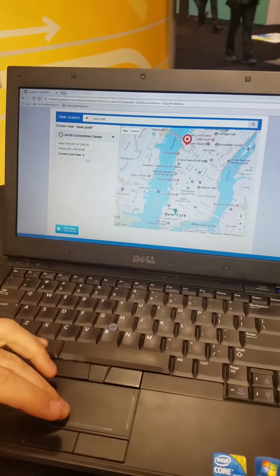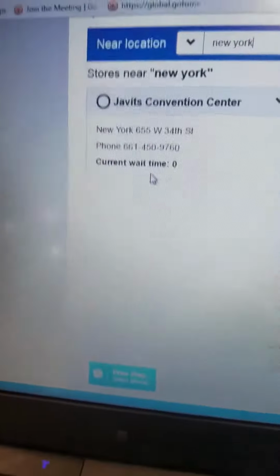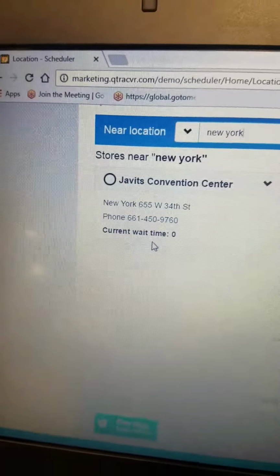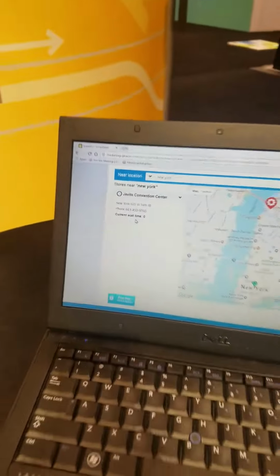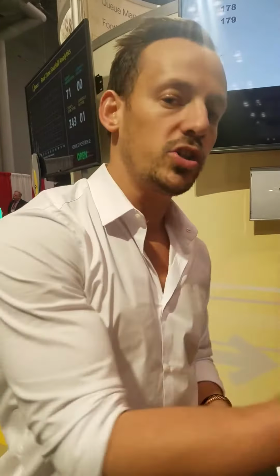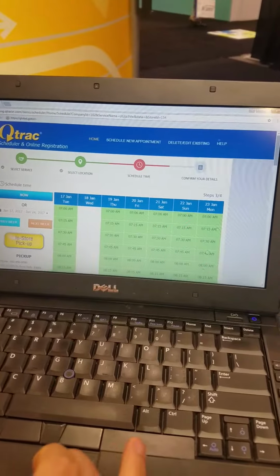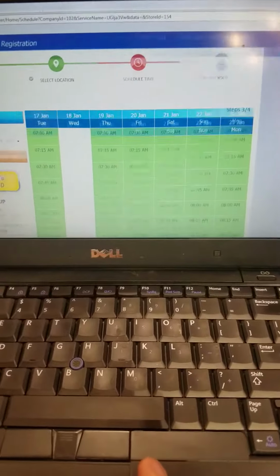And I want to draw your attention to the fact that we present our current wait time. So that's a derivative of our Qtrac VR wait time calculation, and it allows users to really be flexible in the real world. So I know I'm booking an appointment, but if I see the wait time is so short, maybe I'll go ahead and check in right now. So trying to empower all of those different users with flexibility. I'm going to select the location, go on to my next step,